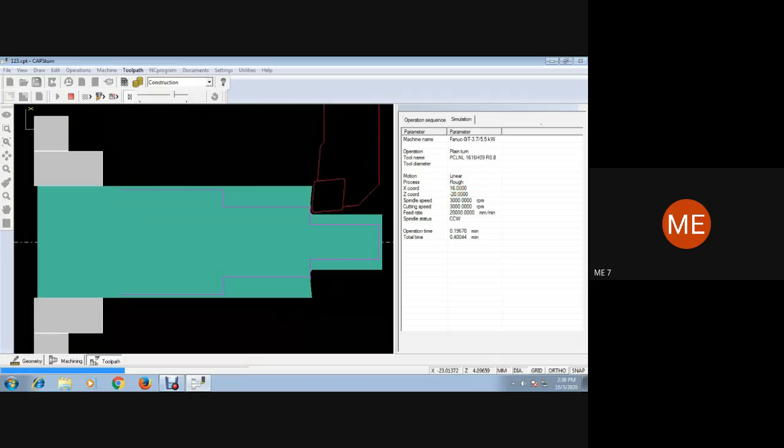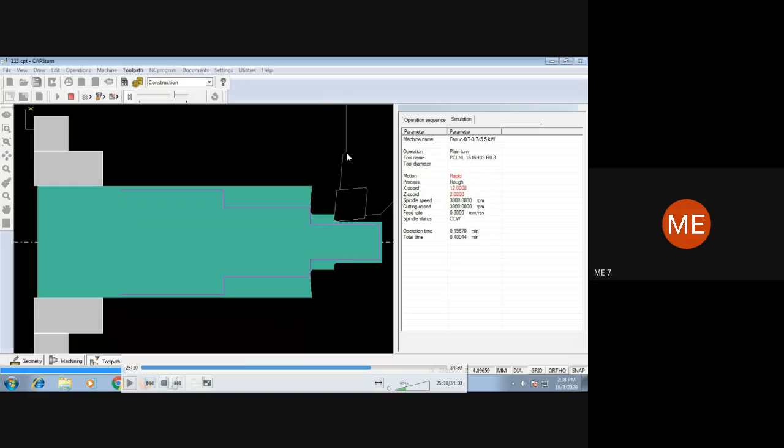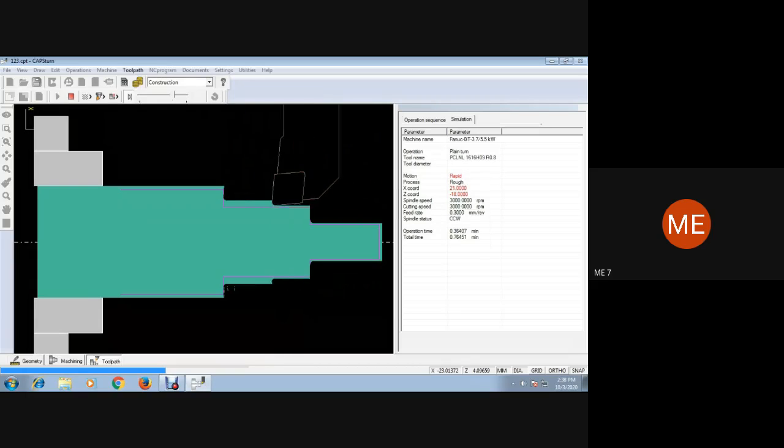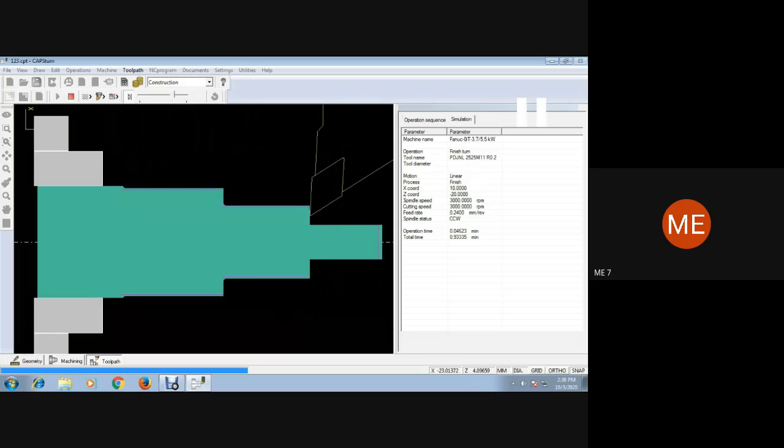You can see here we have given plane turn. So in the first step, it is going to do only this particular line, not the entire part. In contour turn, it would take the entire contour. Here we have selected plane turn, so it will do one step at a time, not for the entire part. Let's see the next line, again a turning operation. Now the finishing tool.